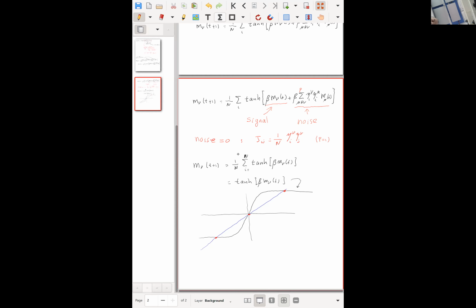So that's a near zero noise regime. What happens if the noise isn't 0, and what does this term look like? And that we actually, I believe, looked at last time. And so remember, these quantities here are just random variables. Okay, eta_i nu and eta_i mu, they're uncorrelated random variables, plus or minus 1. So this sum over mu,